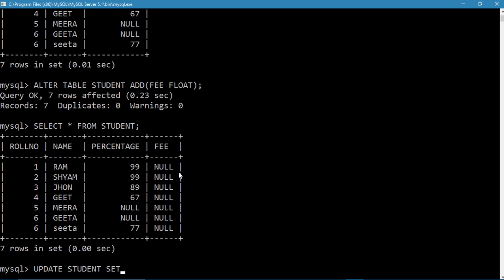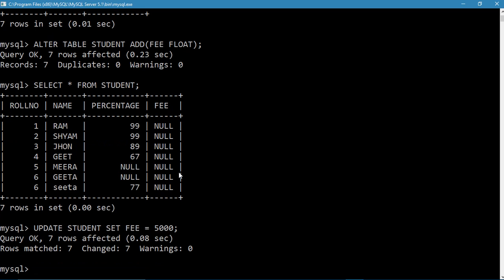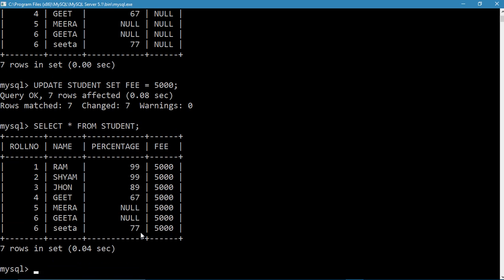Then we will write set fee equals to, let us say, 5,000. When you write this, you will see that this value has been modified in each and every row. Okay, it is showing 7 rows affected. Again we will use the select statement. Now you can see the fee for all students has been modified. Everyone has paid 5,000 rupees.